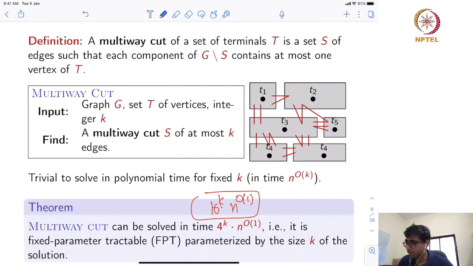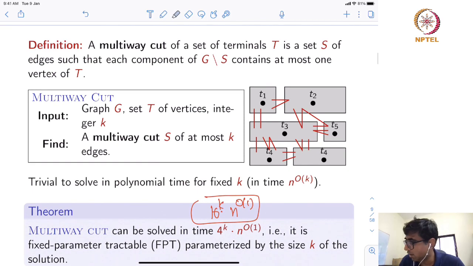But if you recall correctly, we showed that it is trivial to solve the problem in polynomial time for fixed k. You just try all possible k-size subsets and check whether it is a multi-way cut or not. But we designed an algorithm using important cuts with running time 4 to the power k n to the power